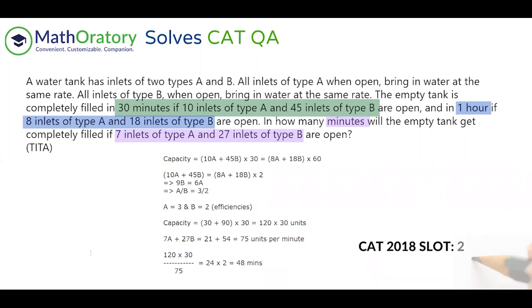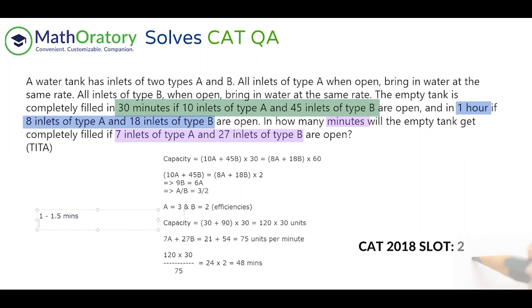I hope you understood the simplicity of this problem. Just work with the basics. Don't try to apply shortcuts in these kinds of simple problems. Nothing more to discuss. It's roughly a one-minute problem. It can go to 1.5 minutes if you are not good with these calculations, so calculation is something you have to stress on. The faster you can do these problems, the more time it saves for the complicated ones. I would still say 1 to 1.5 minutes is okay for this question, so I'll put that as the ideal time.